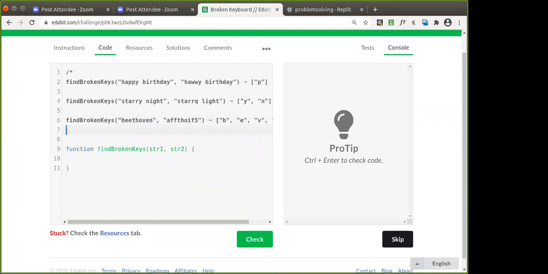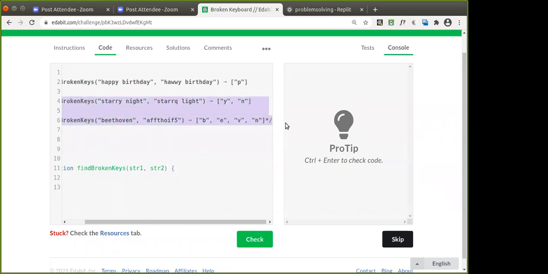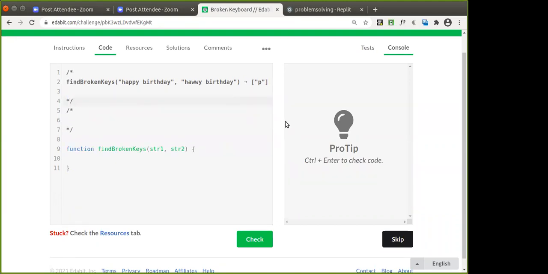So what is the approach that we are going to follow here? Let's look into the pseudocode. Let's take one example at a time. So what would be my approach? Both the strings are of same size, the length of both the strings is the same. So what we can do here is